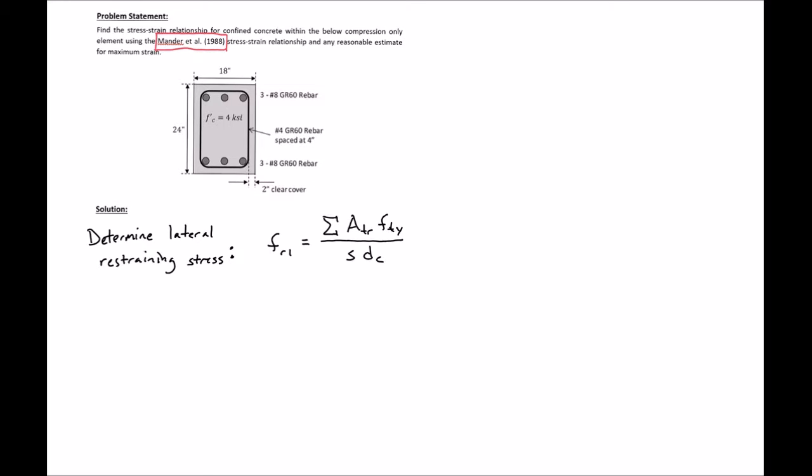For our rectangular reinforcement, we can determine our lateral restraining stress using our f_R1 and f_R2. For our section, we have our f_R1 equal to 2 times the area of our number 4 bar, so 0.2 square inches, times f_y of our number 4's, 60 ksi. We'll divide by our spacing, which is 4 inches,